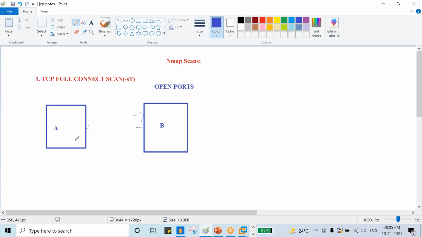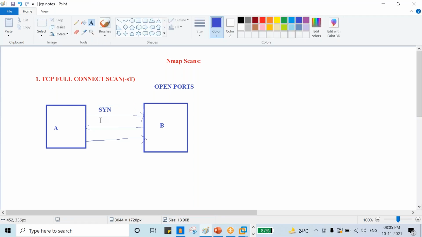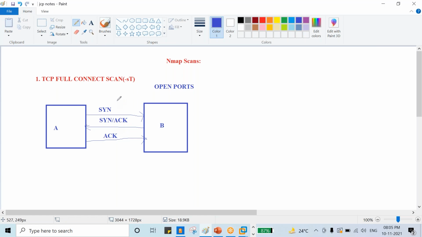After receiving the SYN-ACK from B, what will A send? A will send the acknowledgement. So we send a SYN request, we got SYN-ACK, and next we sent an acknowledgement. We can say this is the three-way handshake method, right?